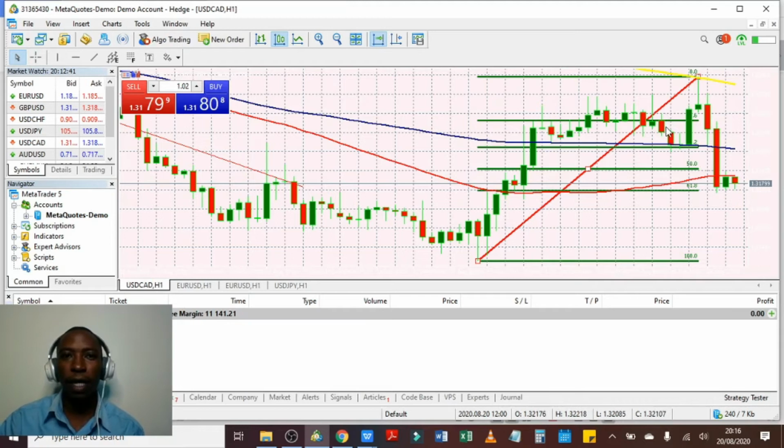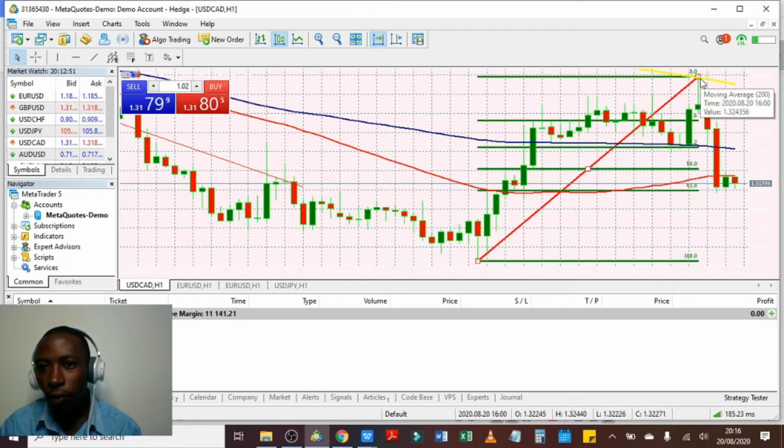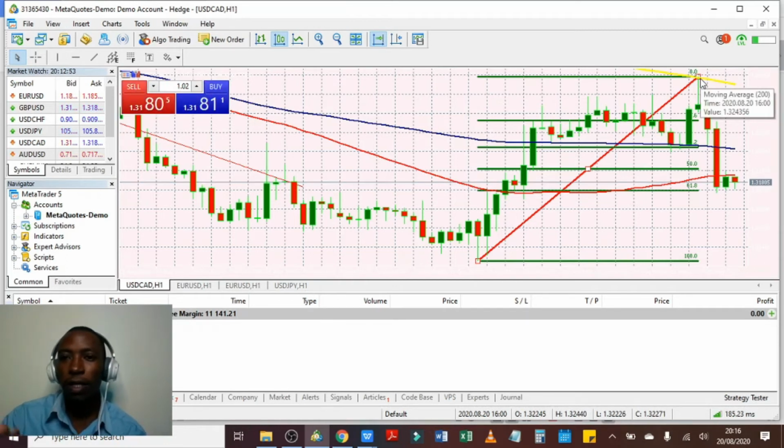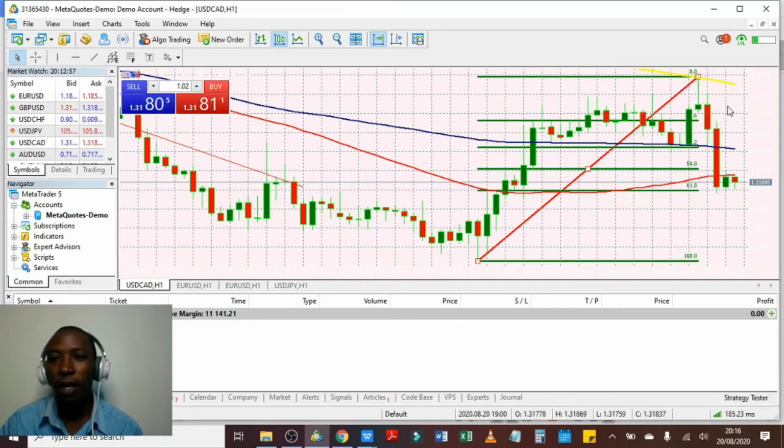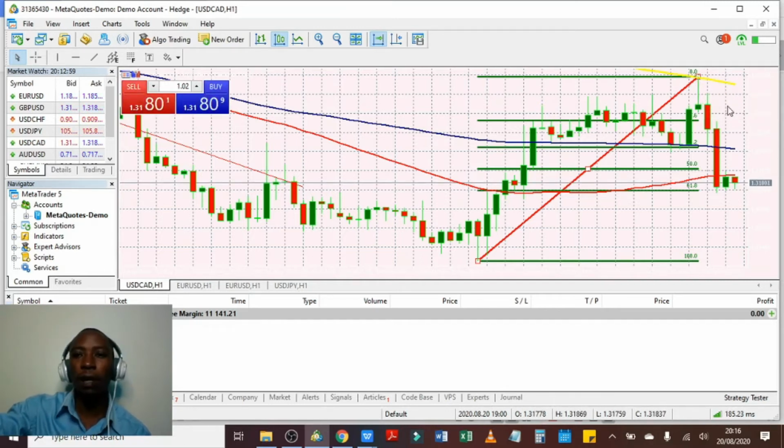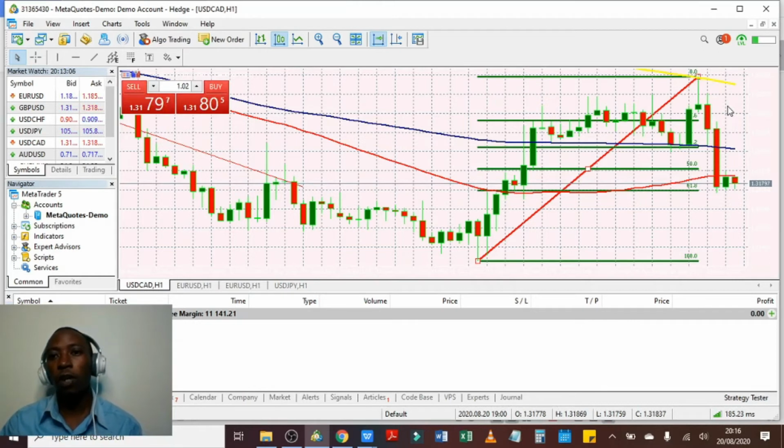Let's just have an example. When the price touched the 0 area, that was where the Fibonacci 0% level converges with the 200-hour moving average. It couldn't break that level. So if you are a trader and had sketched these Fibonacci retracement levels, you'll definitely be able to sell, because it will be an opportunity for you to trade with low risk.